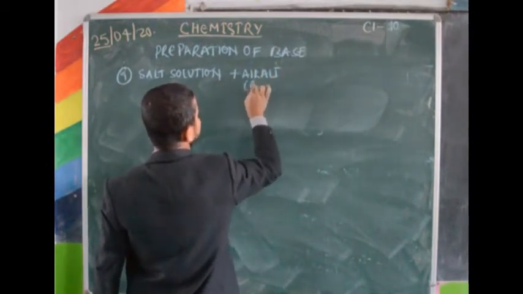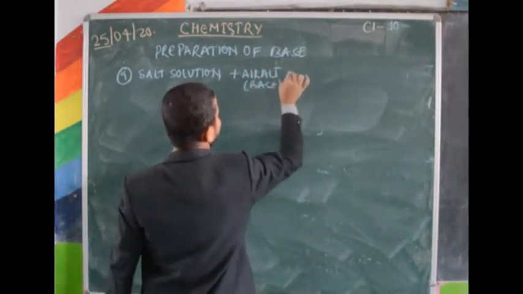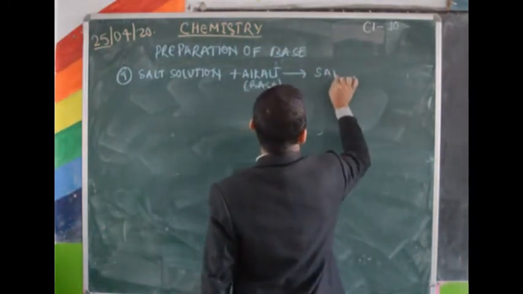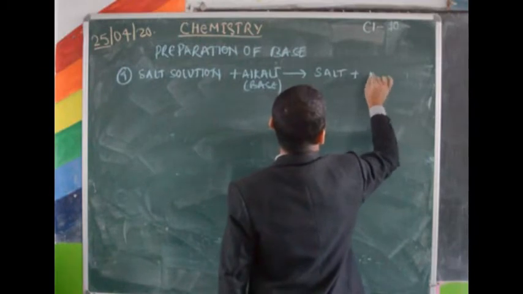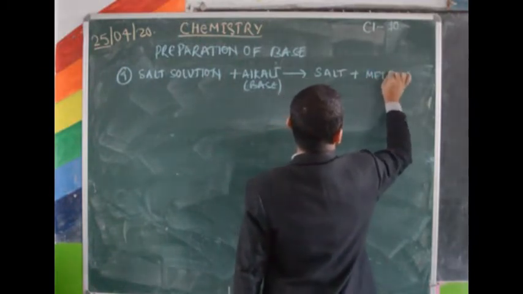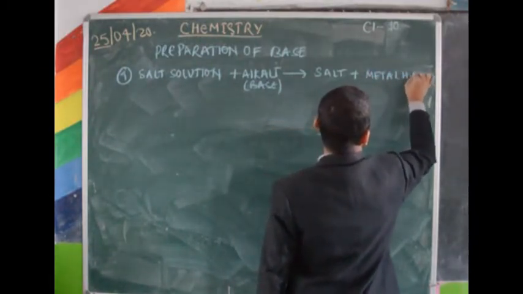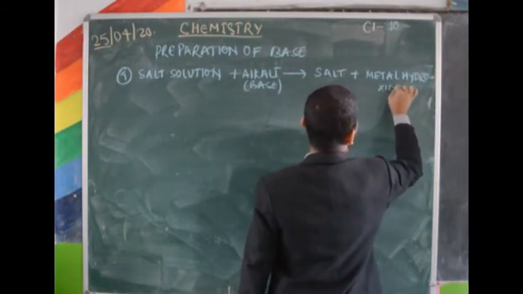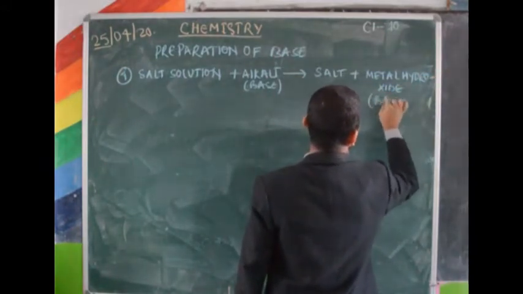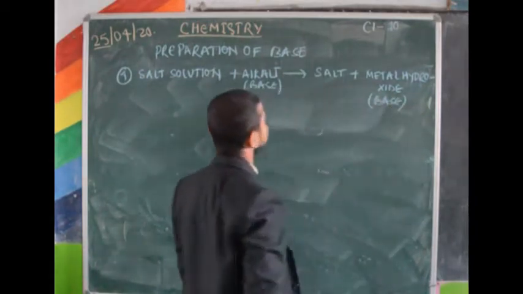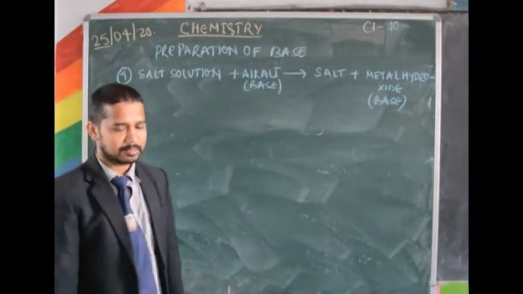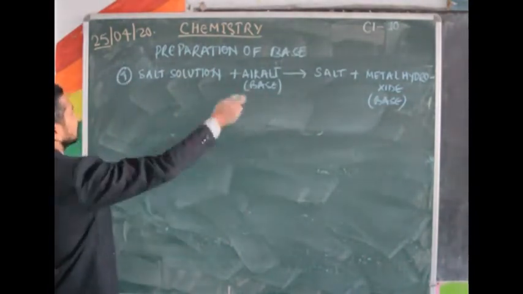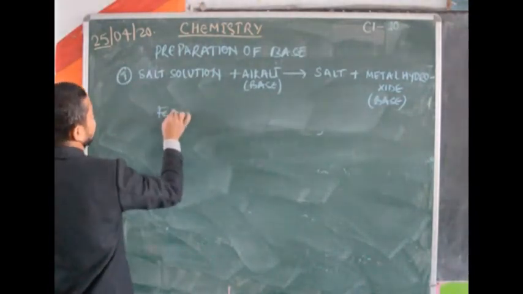Alkali, which is a base, can give salt plus metal hydroxide. Metal hydroxide, which is a base. Salt plus metal hydroxide. Now, for example, ferric chloride